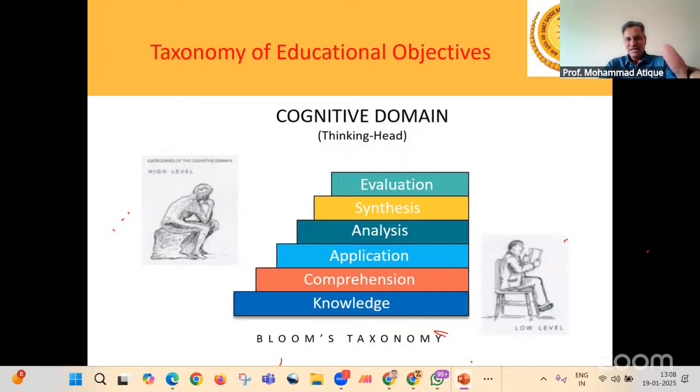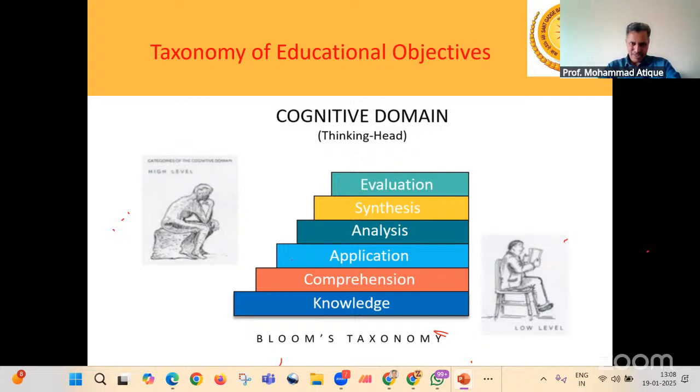Unless you have knowledge, you will not be in a position to comprehend it. If you comprehend it, you will be able to apply it in real-life scenarios. Once you acquire these three, knowledge, comprehension, and application, then you will be able to analyze. They may give you certain case studies and ask you to analyze.